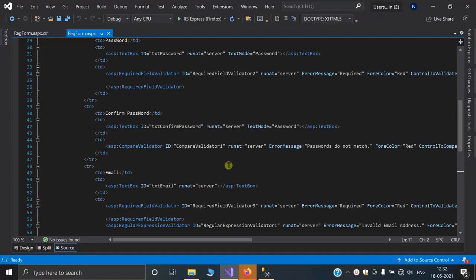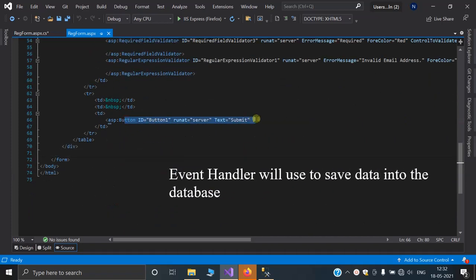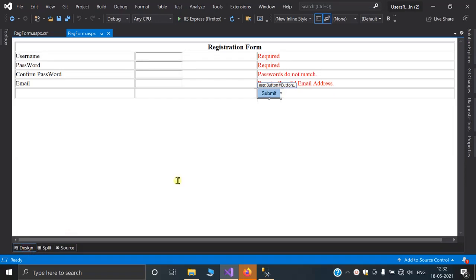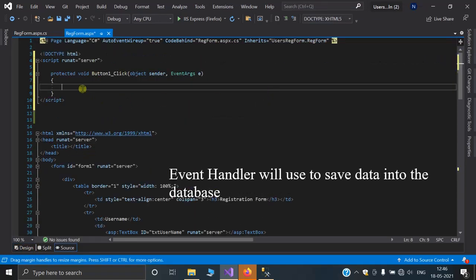Now it's time to create the submit button code to save data. Go to the design part and double click on the submit button. Then you can see an event handler function is created for the submit button in the design part. You can keep this function on the server side.